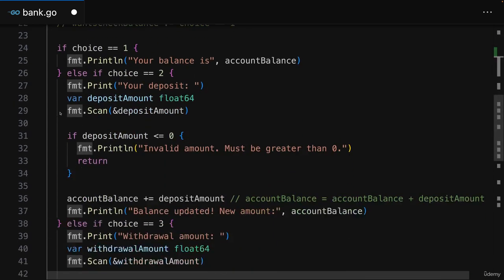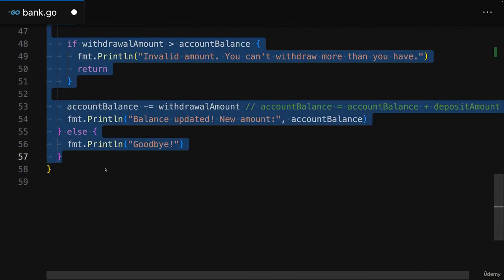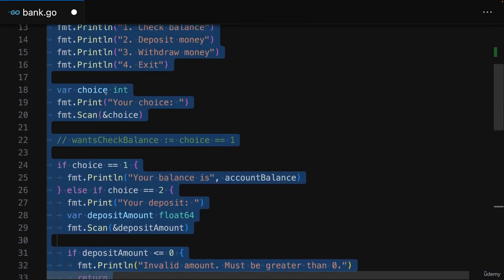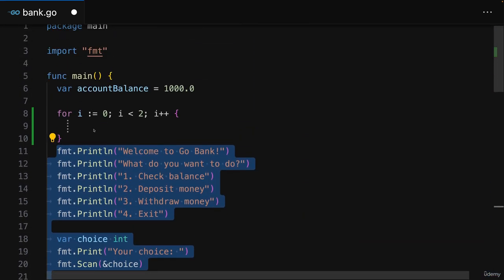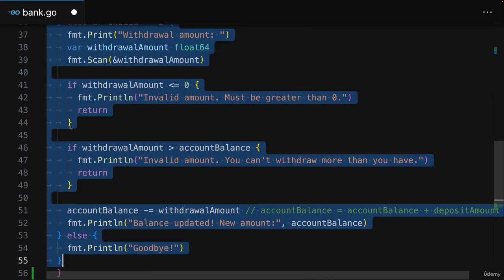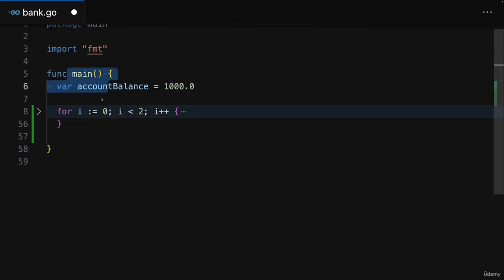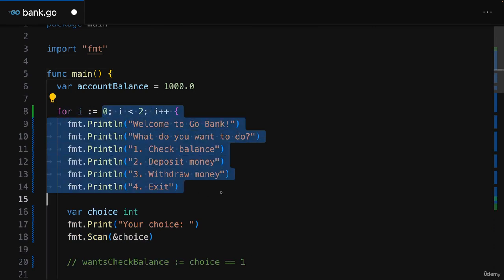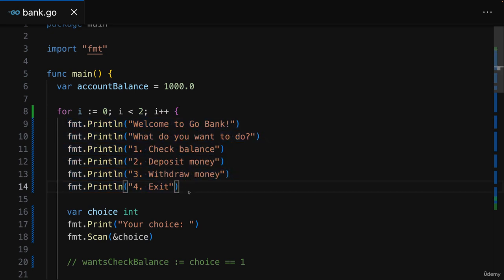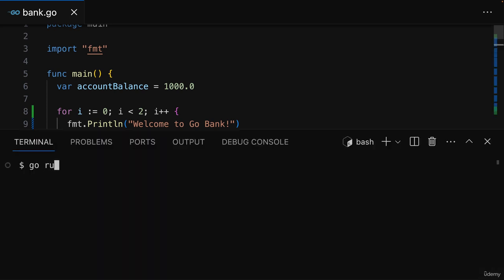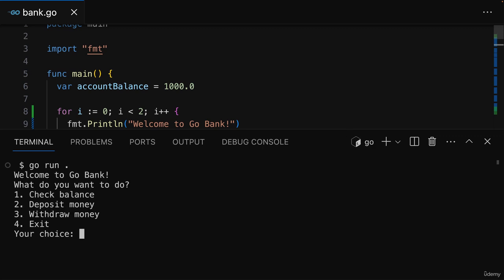And we could now grab all that code here, so all the if-else blocks and this initial output, and move that here into this for loop. So that this is nested inside the for loop, and therefore our main function now basically consists of only that for loop that contains all this code. And therefore this code will now be executed twice, which is not the final result I want, but better than what we had before. Because now with that change made, we can run this application again, and we get that output we saw before,